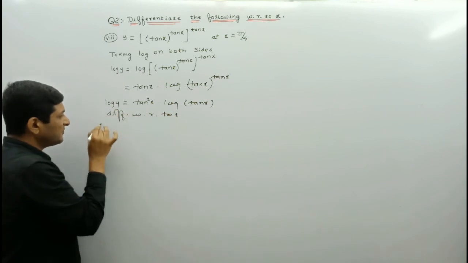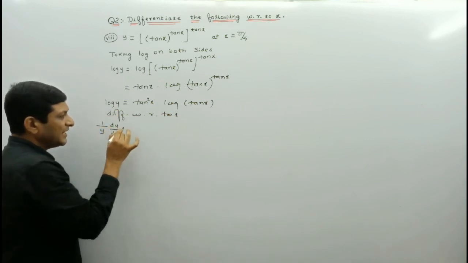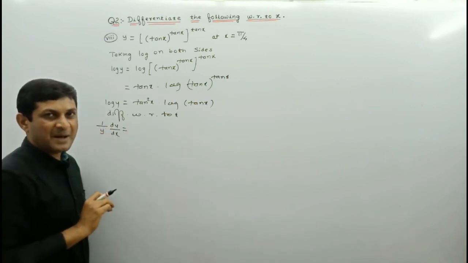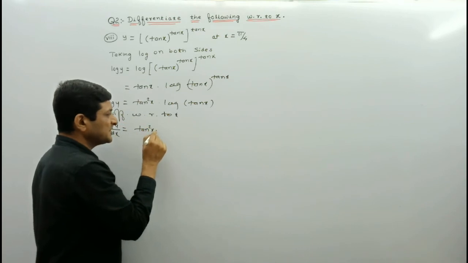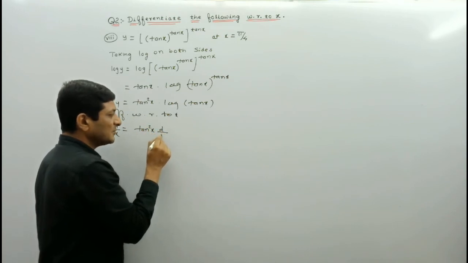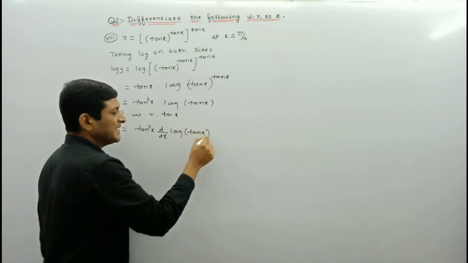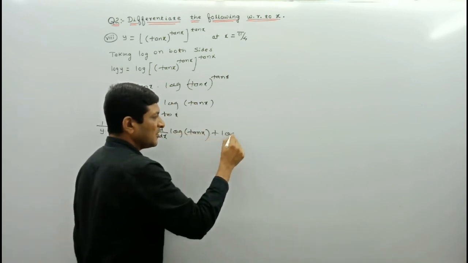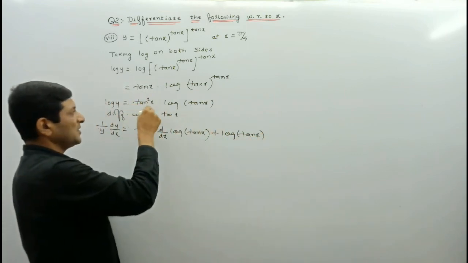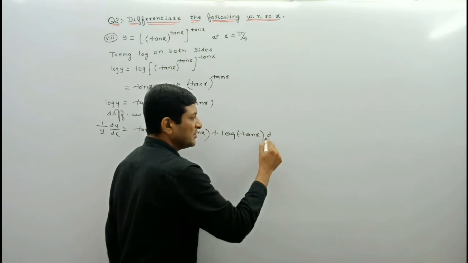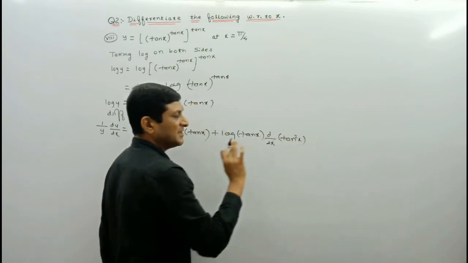So derivative of log y is 1 upon y into dy upon dx, and on this side find out the differentiation applying product rule. So keep first term as it is, means tan square x as it is, into derivative of second term. What is second term here? Log of tan x, plus second term as it is. What is second term? Log of tan x as it is, into derivative of first term, means first term is what here? Tan square x, into derivative of tan square x. Just simply we have substituted the value in the product rule.